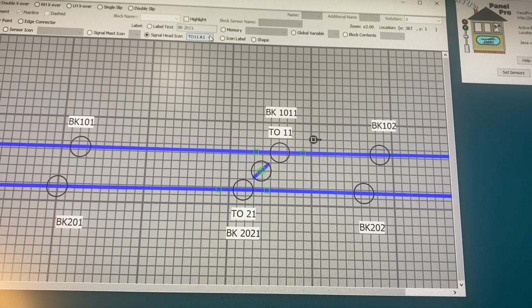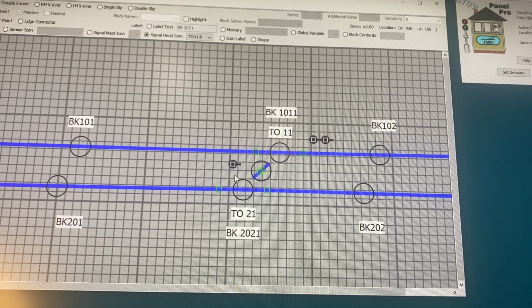Now we're going to put the second icon, which would be A2. We'll put that just below the other one, move it in position so that they are looking like a double-headed signal. All right, great. We've got those two located. Now, to complete the other side of this, we would put the B signal, which would be over here, on the right side of the track, going this way. So again, we'll use the drop-down box, take the turnout 11B, shift, left click,